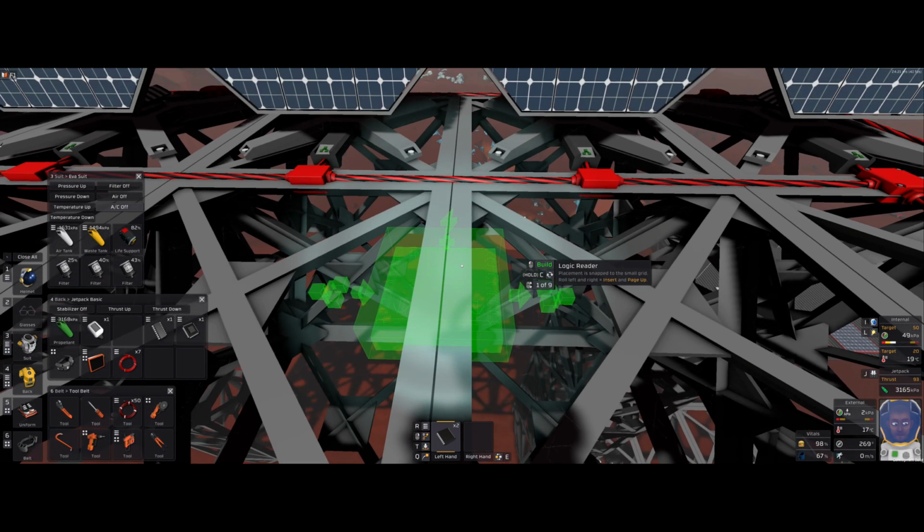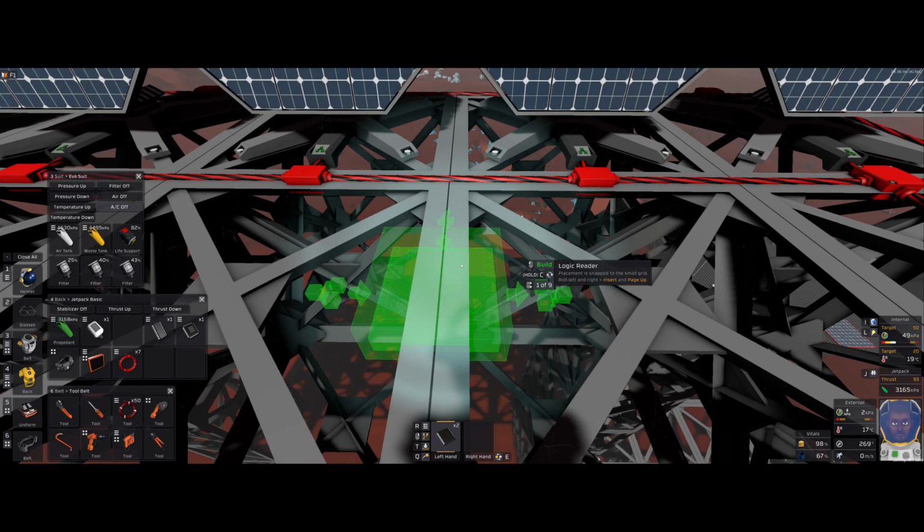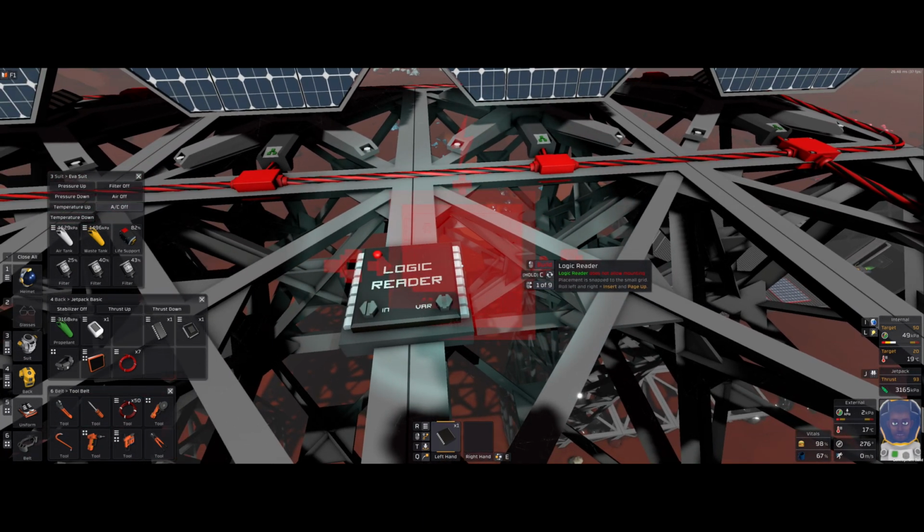So if I scroll with my mouse, you can see it's changing. Batch writer, logic reader. So we just want logic reader, so we're just going to put it down. We're just going to put it down, a little bit of space there from the battery. We'll just put it there like that. Then over one,